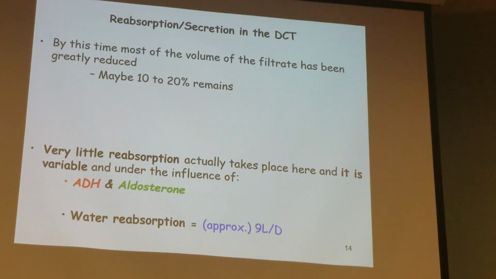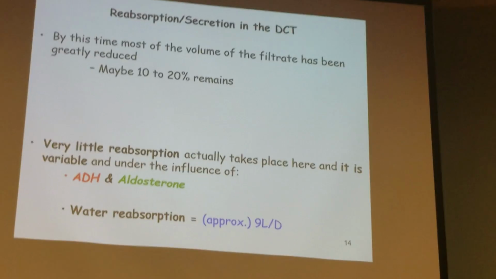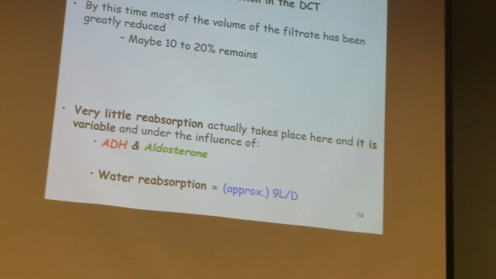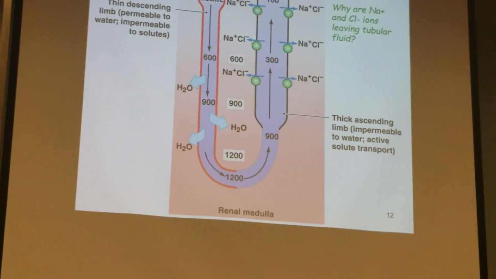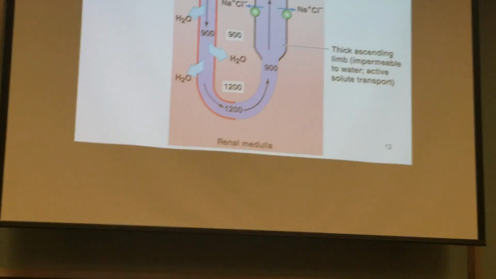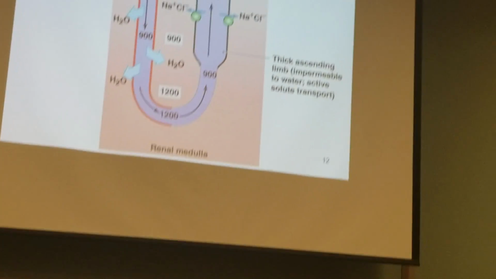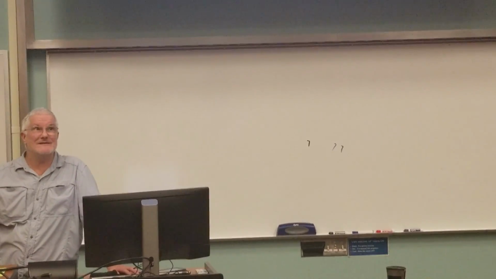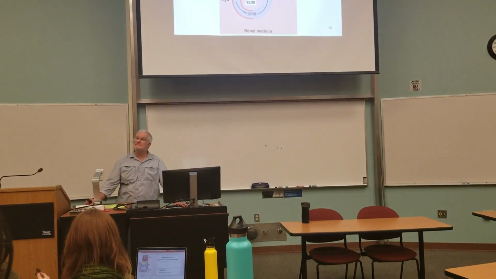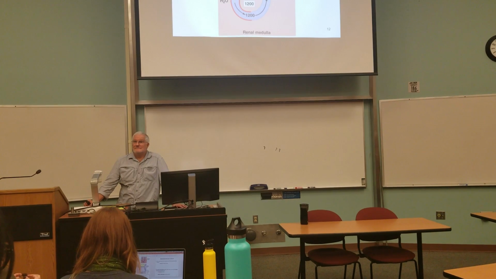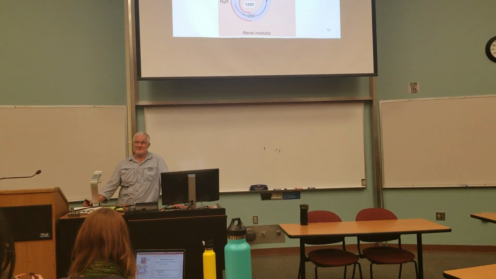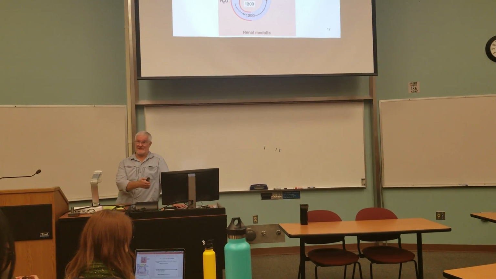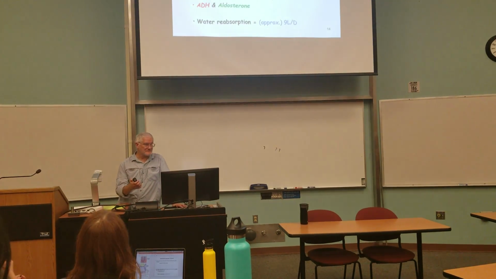Can I ask a question about one of the previous ones? In the thin part of the ascending loop, where it changes from 1200 to 900, is that just passive transport of the ions out then? It's actually still a little bit of... yeah, let's keep it simple. Yes. Okay, because that would be why there's a concentration change. Yeah, let's keep it simple and make it that. That works just fine for me. Okay. Now,